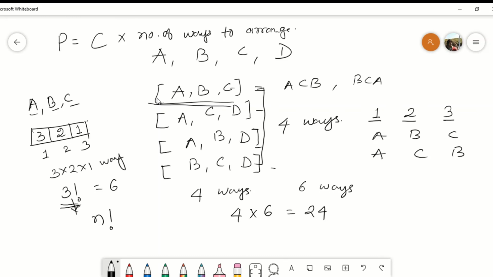That means permutation is nothing but selecting the items, and then in how many ways we can arrange them among themselves. So that will give us the total number of arrangements possible, right?